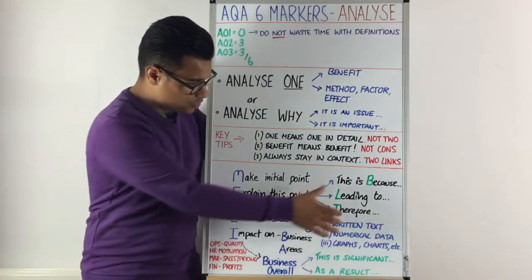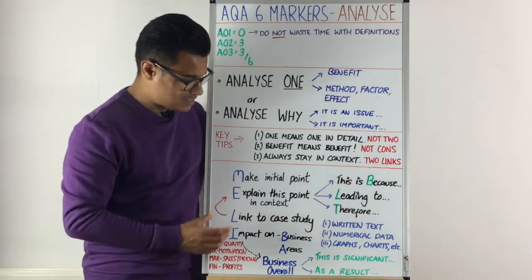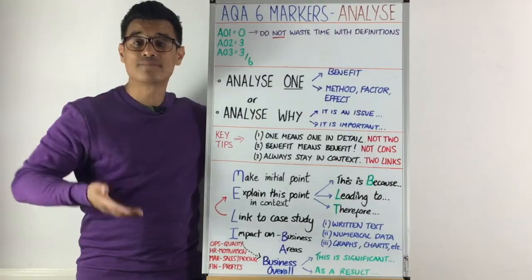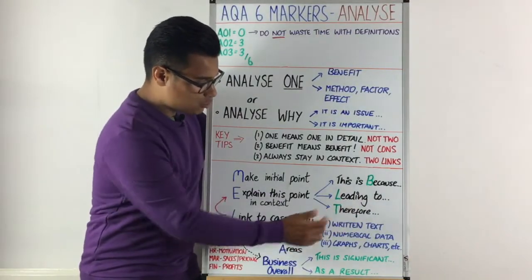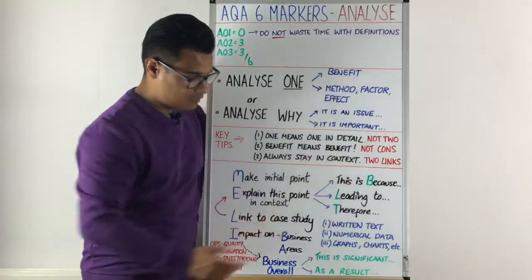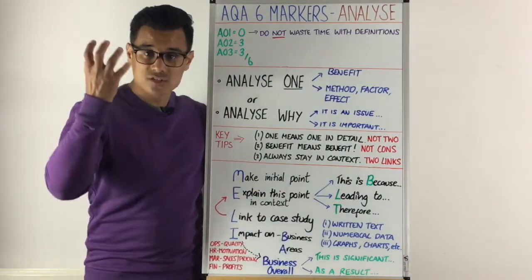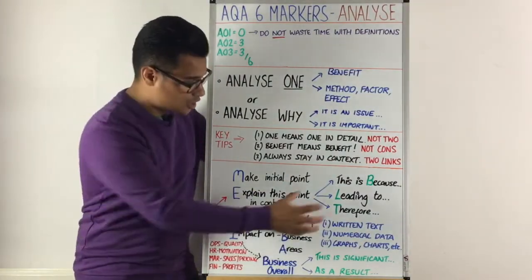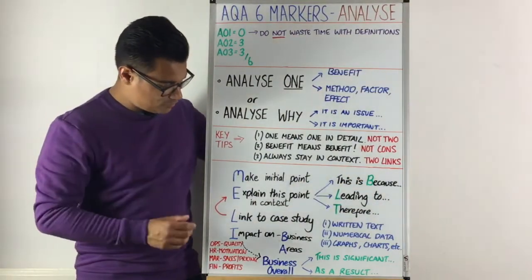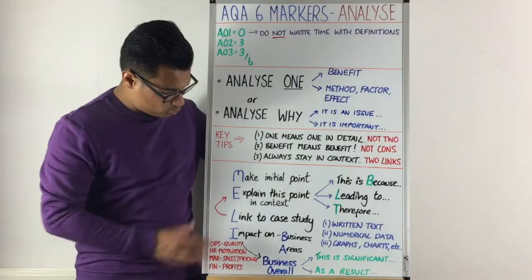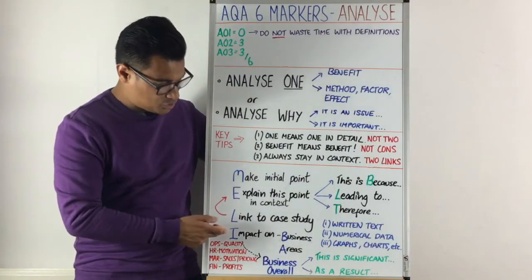case study. You'll want to embellish these points with what's in the case study, what's in the context. And what's in the context is likely to be written text, numerical data, graphs, charts, for example. So all of these things are types of context that you could use to embellish your explanation. Once you've looked at that and you've done your MEL, as it were, you might want to talk about the